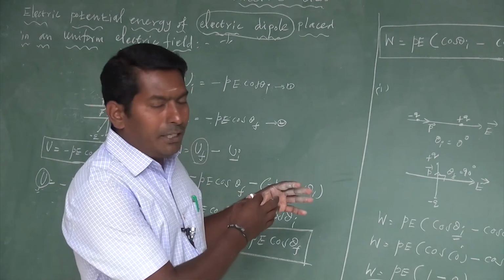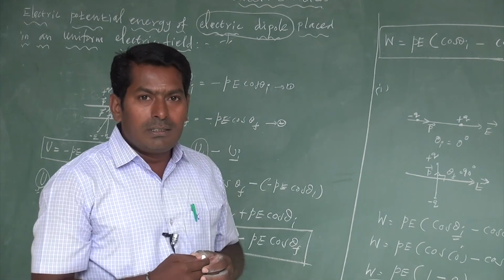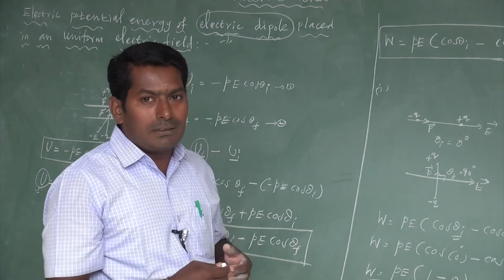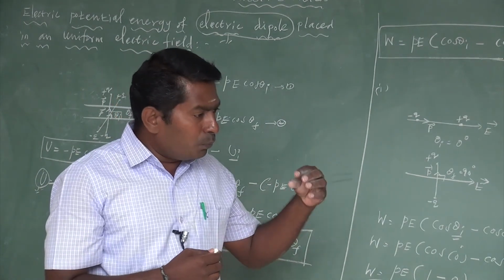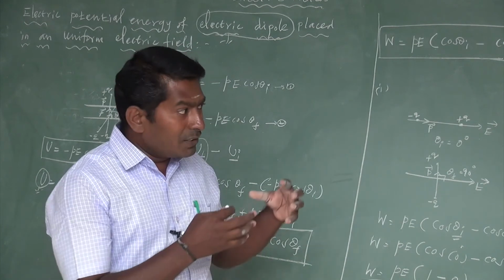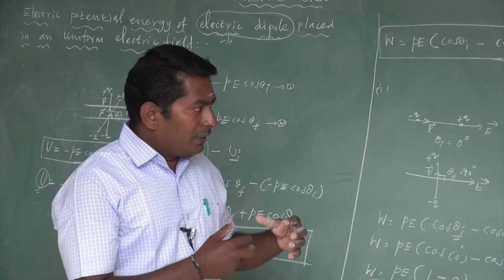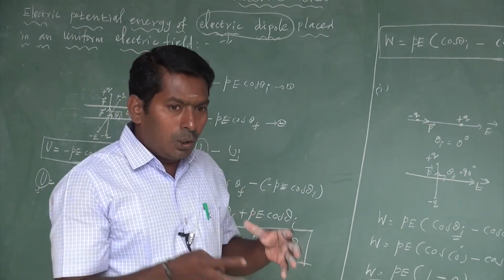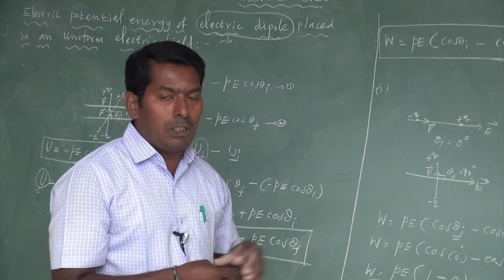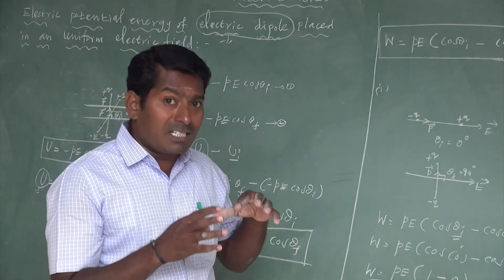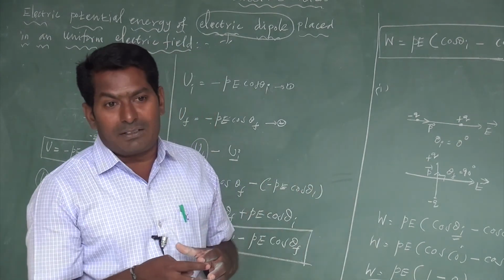While watching this video to learn something from these concepts, you go through previous topics. So what is electric field produced by the point charge? What is electric potential created by the point charge? What is the torque experienced by the electric dipole subjected within uniform electric field? After that, you see this video, then only you understand clearly what is electric potential energy of electric dipole subjected in uniform electric field, what is electric potential energy between two point charges, and what is electric potential energy of collection of point charges.